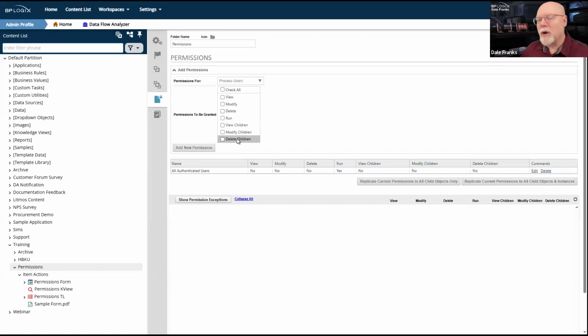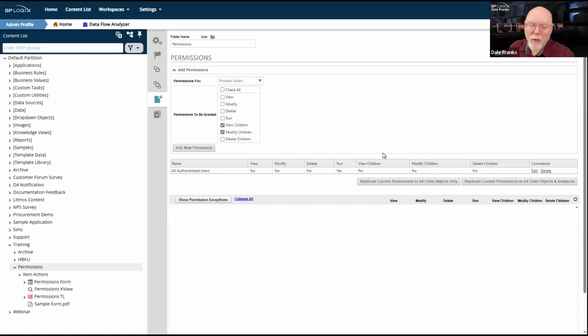So if I'm looking at default permissions, which if we pretend that we are setting these permissions at the root of our partition, I think I probably would skip delete children. What I really can't skip is view children and modify children, because they do need to be able to view form instances in most cases, because form instances are the child objects of the form definition where these permissions are set.